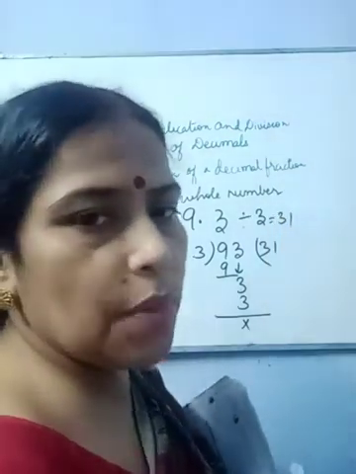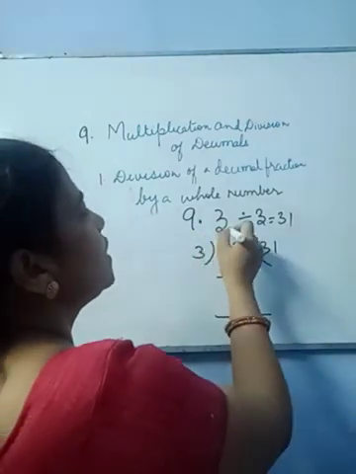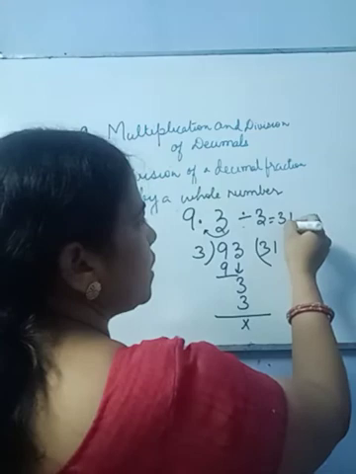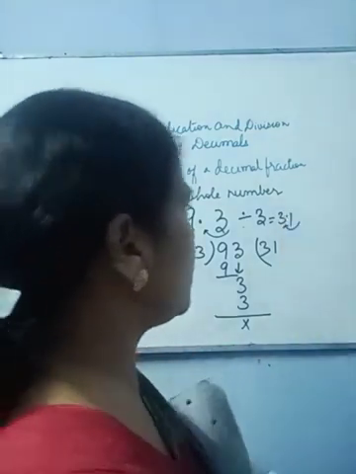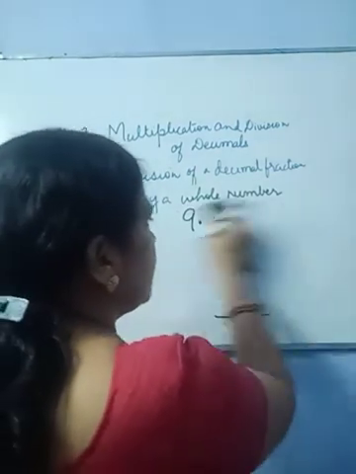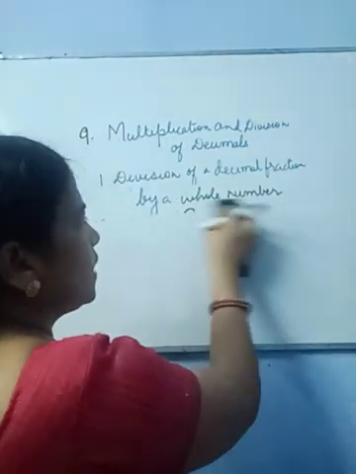Where to put the decimal point? We see here that after one digit there is a decimal point at the right side. Now here also we will put it after one digit. So that will be 3.1. Now let us see another number. Suppose we have